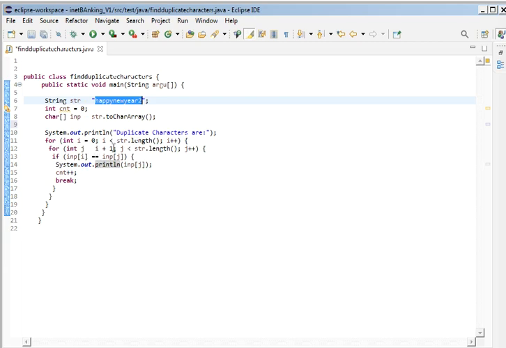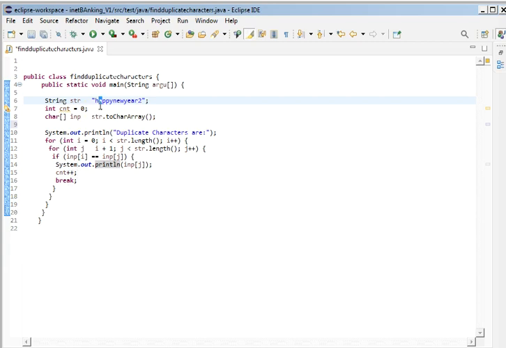In the inner loop, it will take the second position, that is A, and in the if condition it will compare the first position element with the second position element, and if it is equal, it will print it, increment the counter, and break out of the innermost loop.